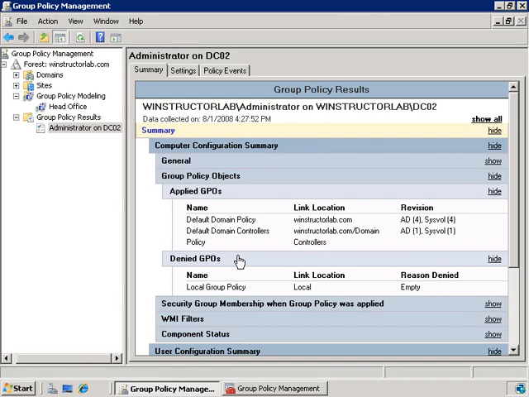The Group Policy Results Wizard, on the other hand, can assist you in troubleshooting problems with policies that aren't applying to a target when you think they should be working, and it can help you identify where the problem may lie. It's also a useful tool for just simply finding out what policies are applying to a target, and that can be nice to know for